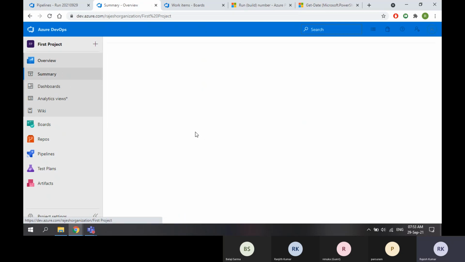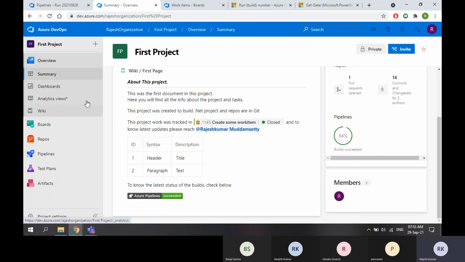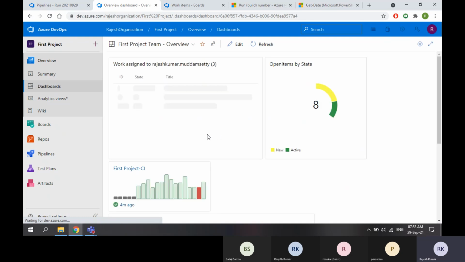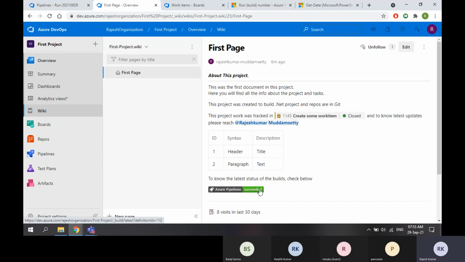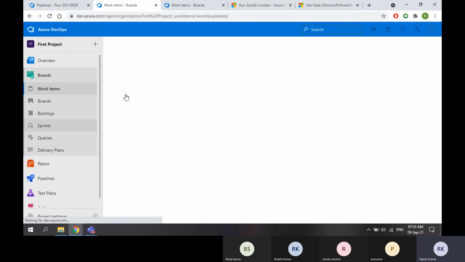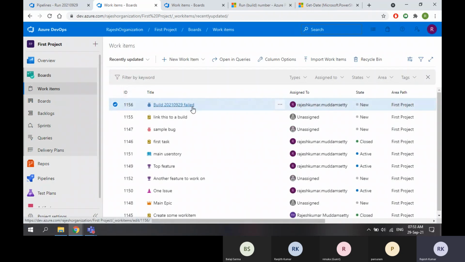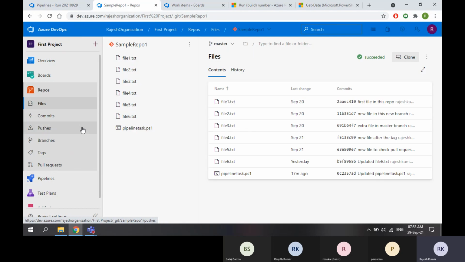So on the summary page, you can display the build status. On dashboards, you can display the build status. In the wiki, you can add the build status. On boards, you can link the build status, whether it is failed or succeeded. And then repos, we are running the builds on repos only. So whenever you go to the repo, this is nothing but the link to the build.